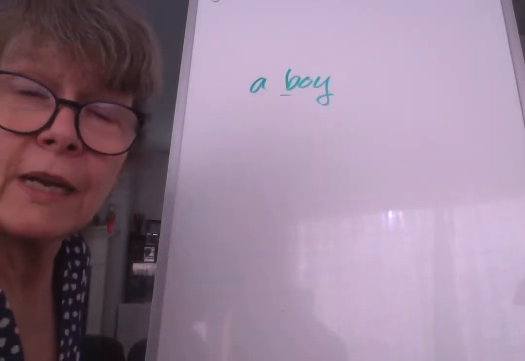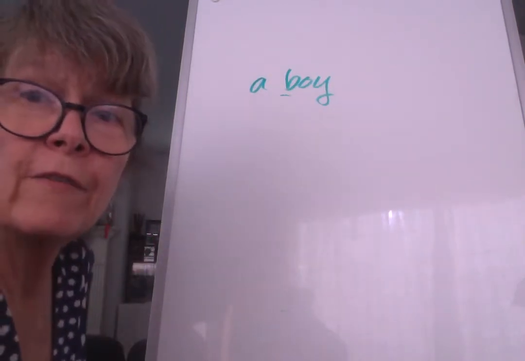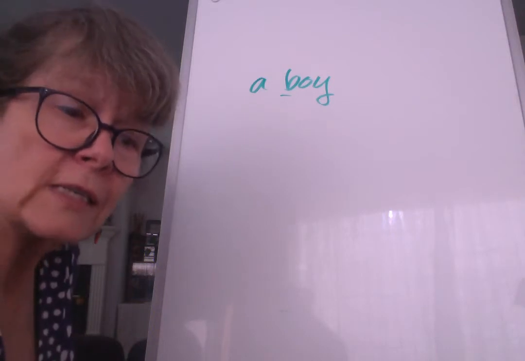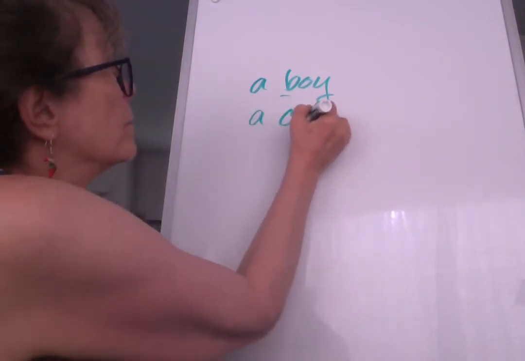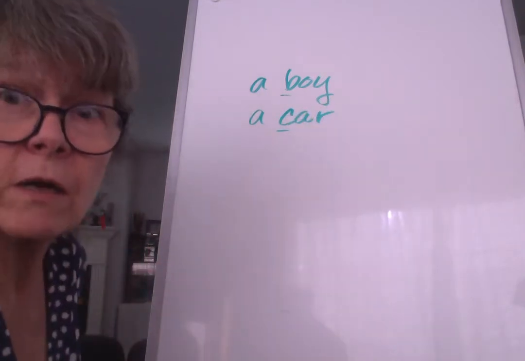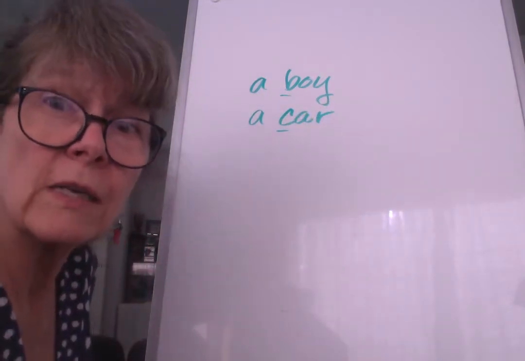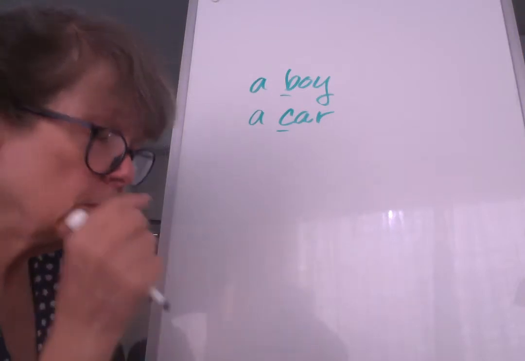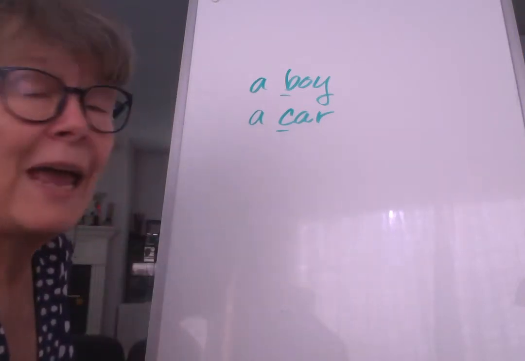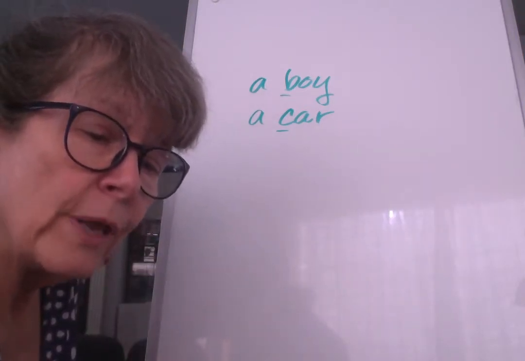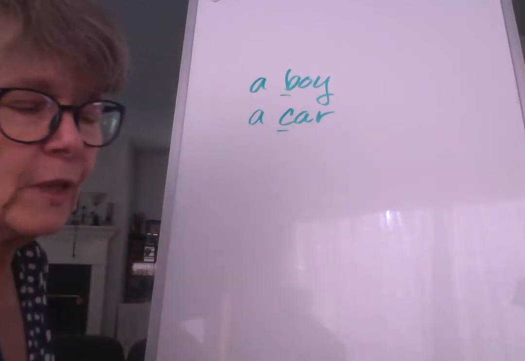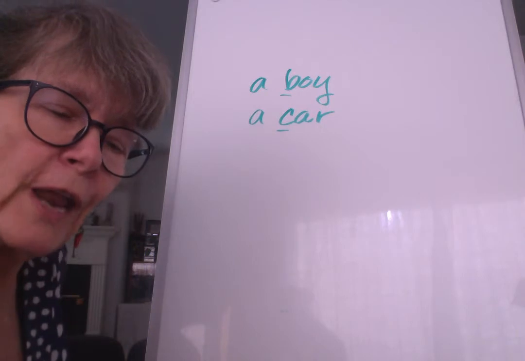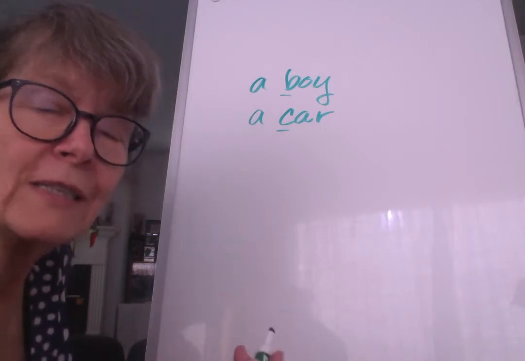Boy is a consonant, so I use a in front of it, and the sound of it is a consonant sound. Or if I say a car, C is a consonant and it has a consonant sound, right? So we use a. But we also use a in front of a singular noun that begins with a consonant